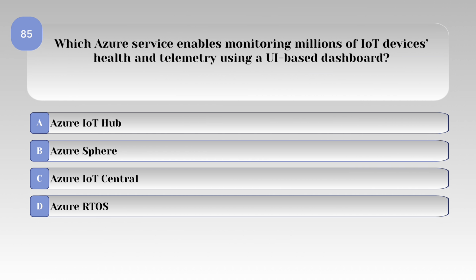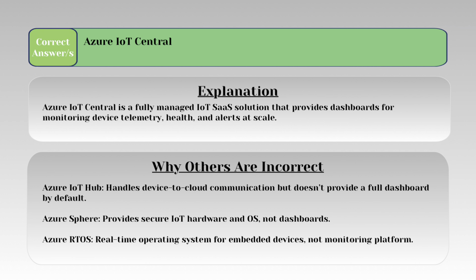Which Azure service enables monitoring millions of IoT devices' health and telemetry using a UI-based dashboard? Correct answer, Azure IoT Central. Explanation, Azure IoT Central is a fully managed IoT SaaS solution that provides dashboards for monitoring device telemetry, health, and alerts at scale. Why the other options are incorrect, Azure IoT Hub, handles device-to-cloud communication but doesn't provide a full